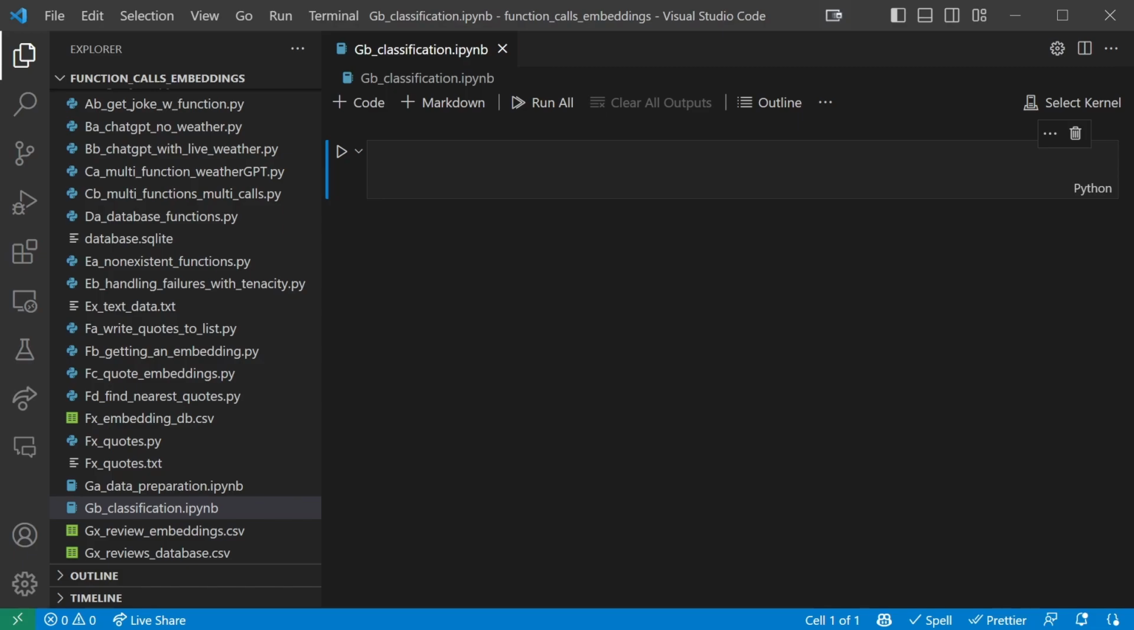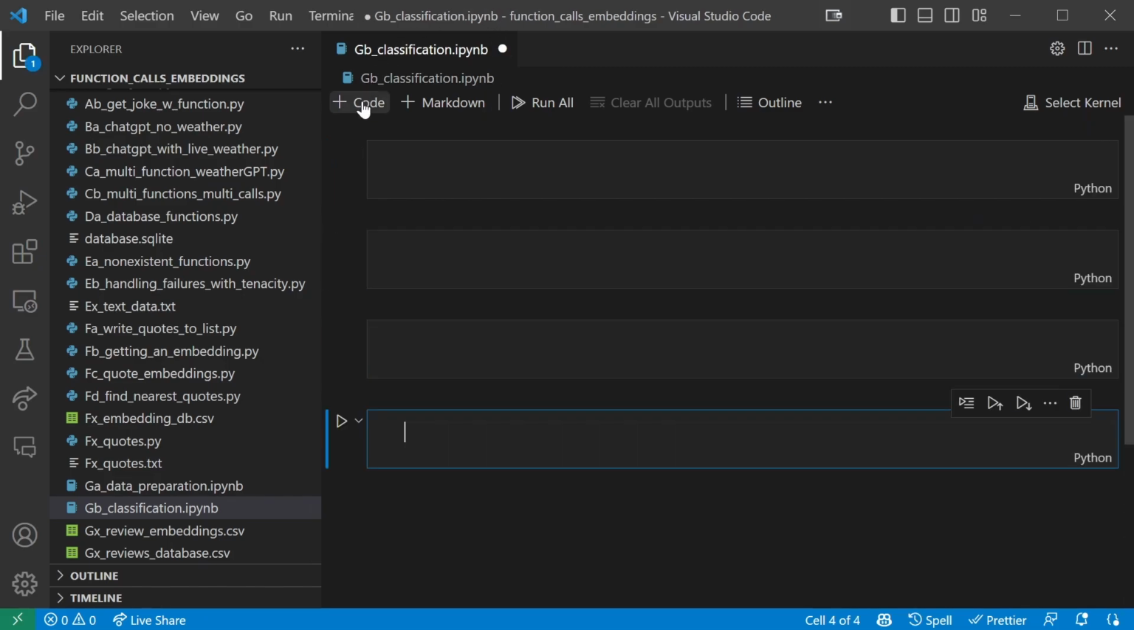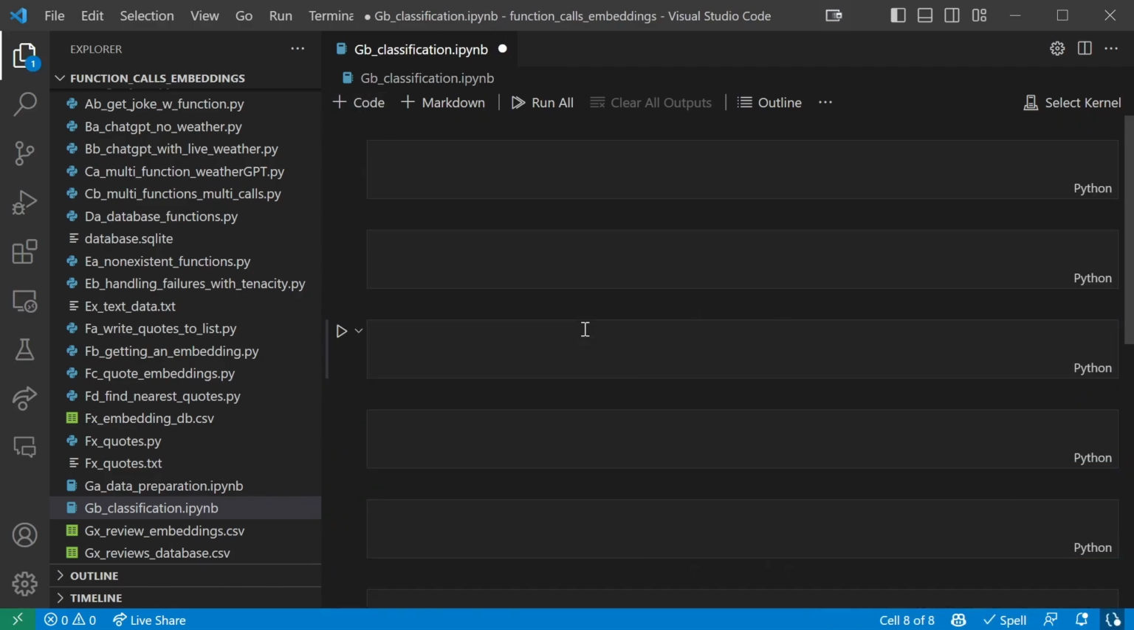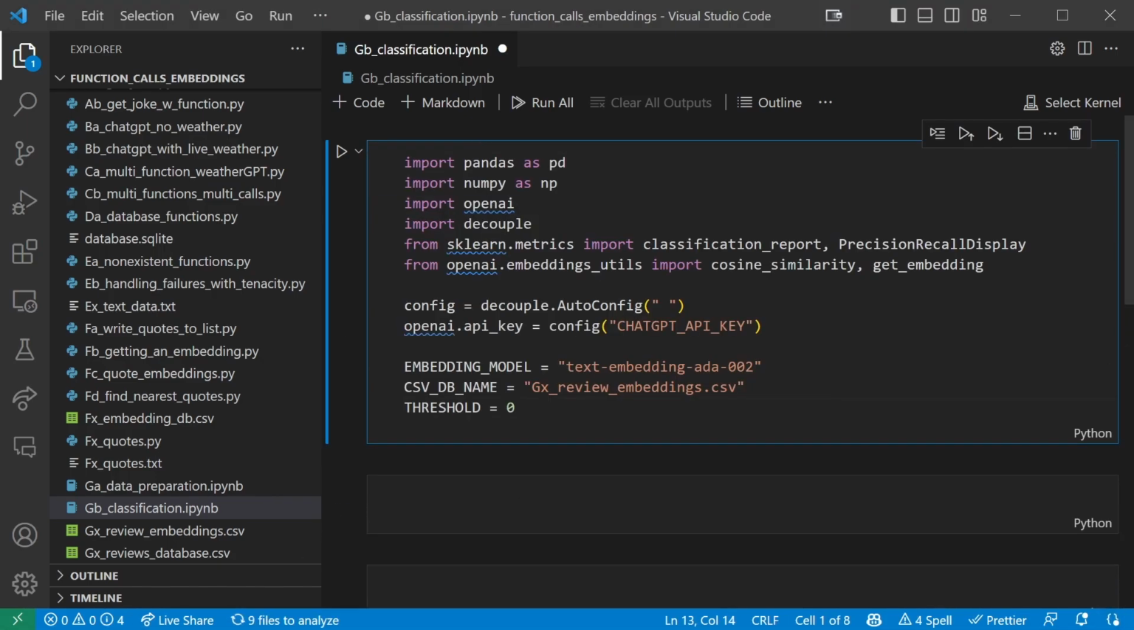So to keep things organized, I'm going to be doing this in a separate file. Go ahead and save and close the previous file and create a new Jupyter notebook called gbclassification.ipynb. Now open it up, and I'm just going to press the code button a couple times to give us some cells to work with, because I'm lazy and I like to just make a lot of cells all at once. Now we'll add our imports,